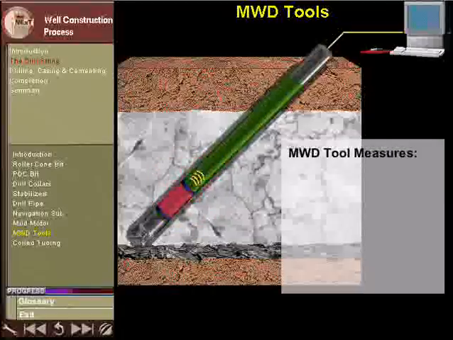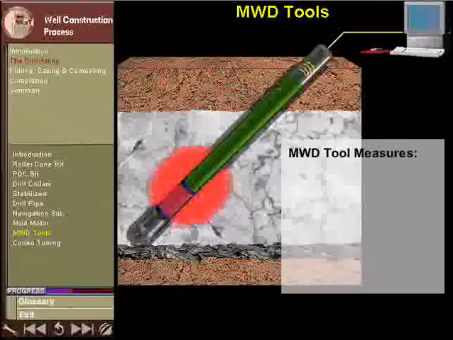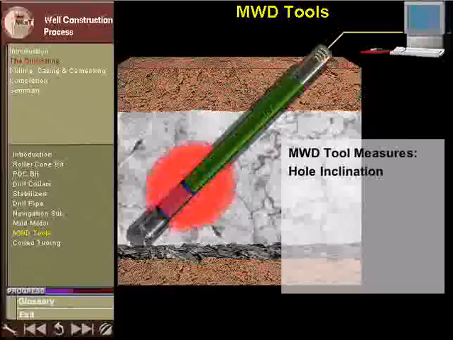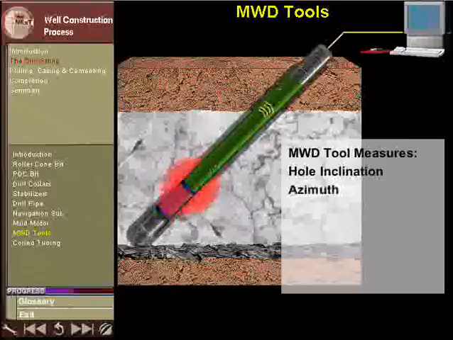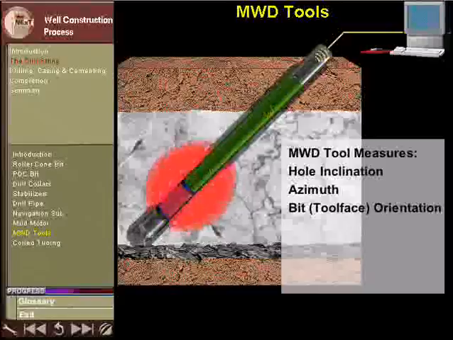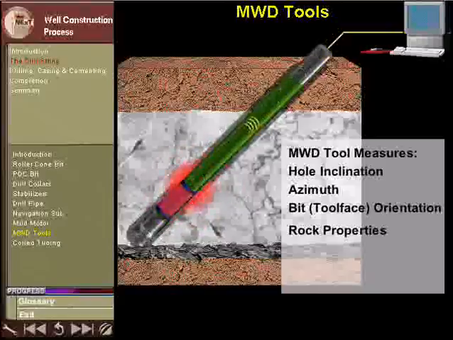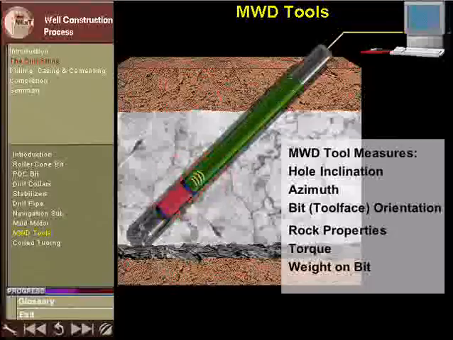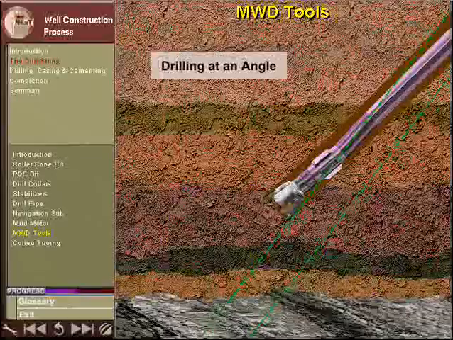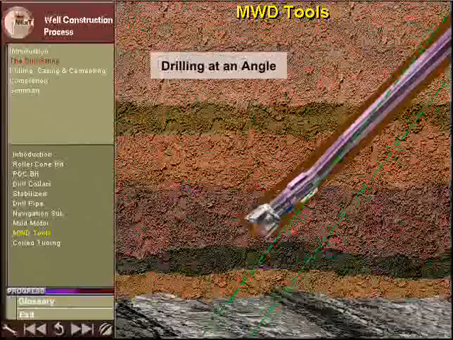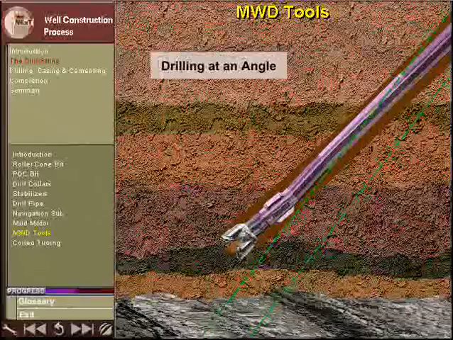An MWD tool will produce fast, accurate data on the hole inclination, azimuth, and the bit, or tool face orientation. MWD tools can also measure rock properties, torque, and weight on bit. To steer the hole during kickoffs or course corrections, the system is oriented using MWD readings,